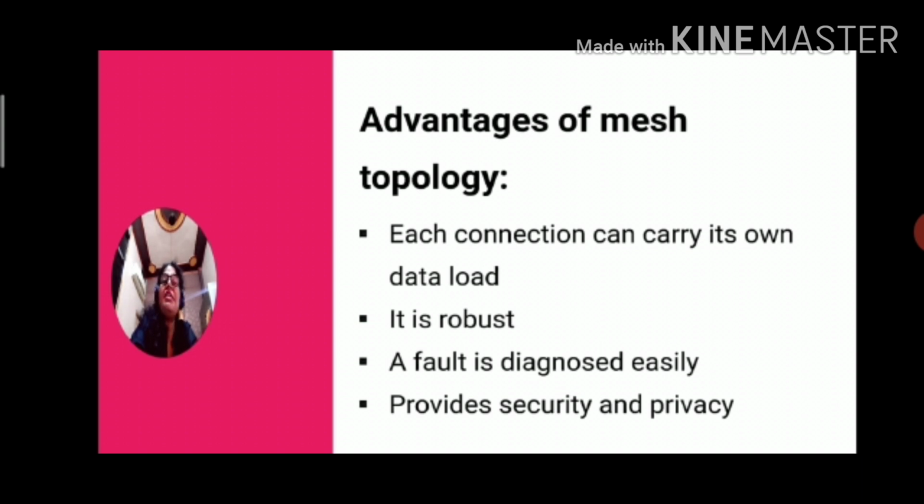Fault is diagnosed easily because if there is a fault with one computer, it is connected with many computers. So the computer which is faulty will stop working, but other computers are not affected. So fault finding is easy. It provides security and privacy.